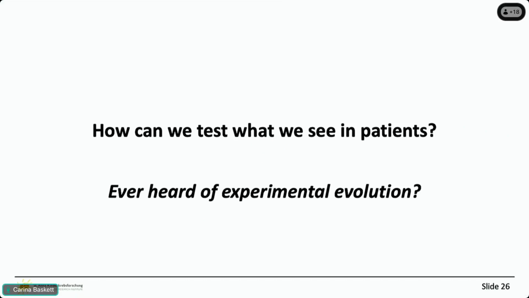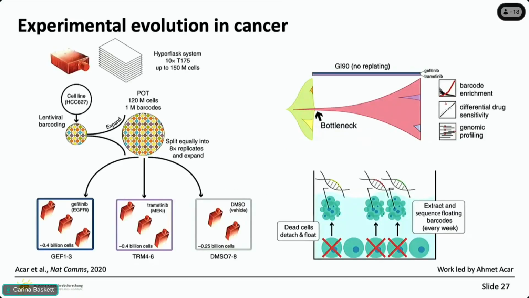in the context of cancer. What we did in this particular study is we took a cancer cell line and grew it in a dish, and we barcoded these cells, which essentially means we take a small random DNA sequence and insert it into individual single cells. Then we grew them out, and then we split them up into separate flasks. For some of these flasks, we treated them with one drug, for some of them another drug, and some of them were just our control samples.